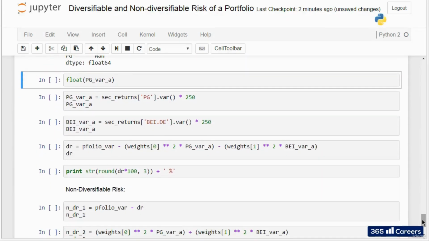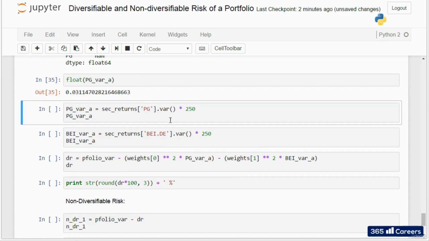Since the variance of Procter & Gamble is stored in a 1-by-1 matrix, it will be a single value. If you apply the well-known float function, you will turn this value into a float. Nice! Alternatively, when you assign a value to PG var A, you can use single brackets when you indicate you